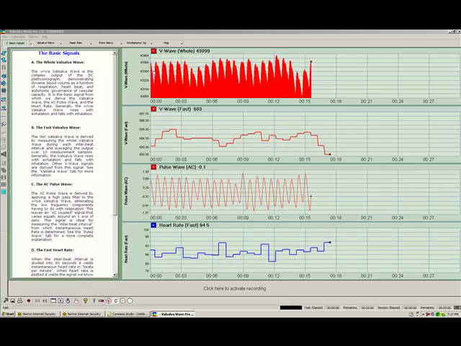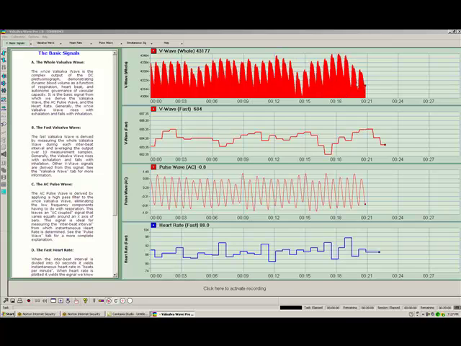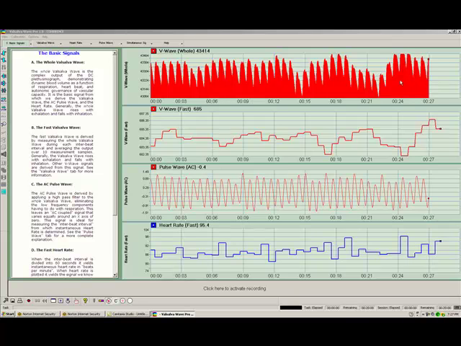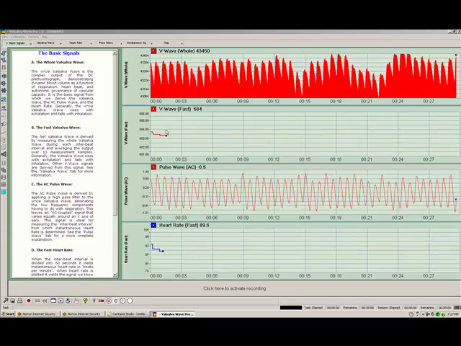If I were to breathe coherently, we will see this rise and fall dramatically. I'll do that for you in another video on protocol. The panel just below that is the fast